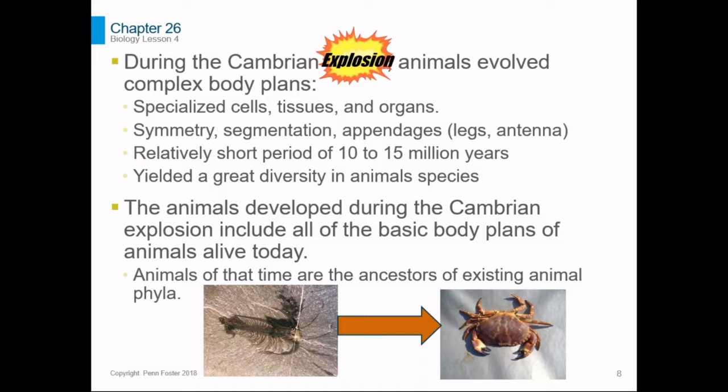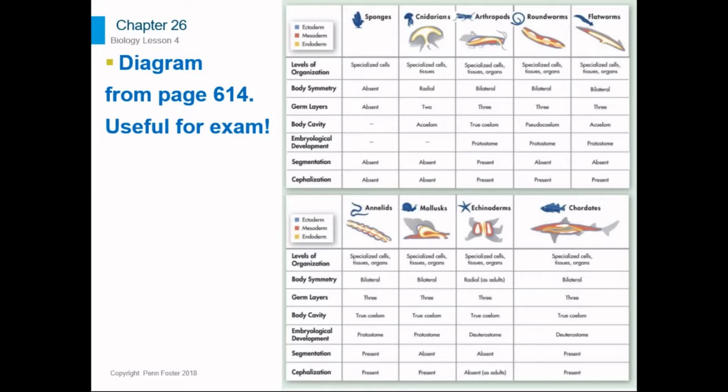Now, speaking of phyla, we're about to discuss the traits of several animal phyla, and I want to remind you about this big diagram of animal body plans from chapter 25, and that's on page 614. And this is really important for this test. So you don't want to try to memorize this diagram, but you'll need to know where it is and use it to look up this information because you're going to need it for several questions that ask you on the test what phylum an animal is in based on the traits that it gives.